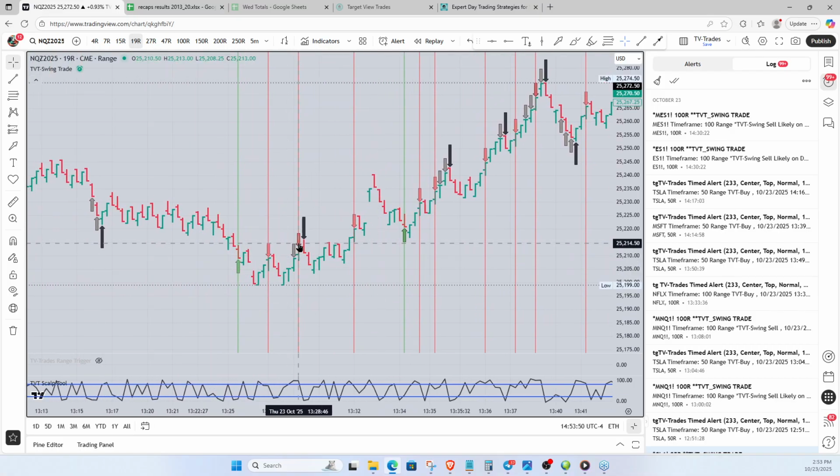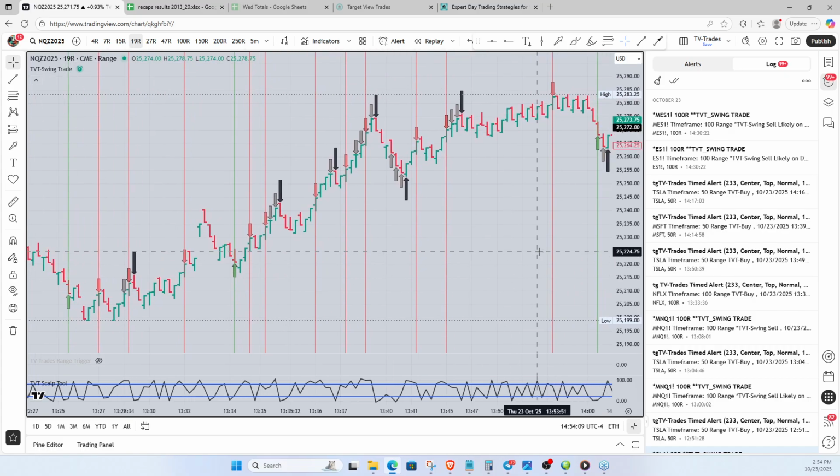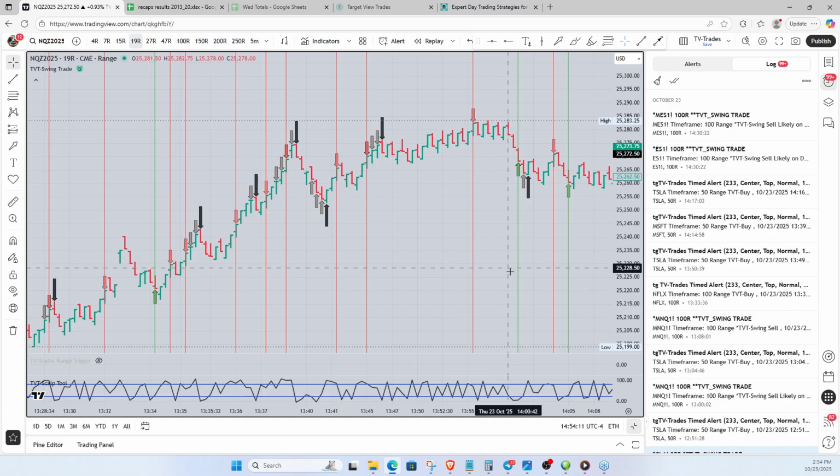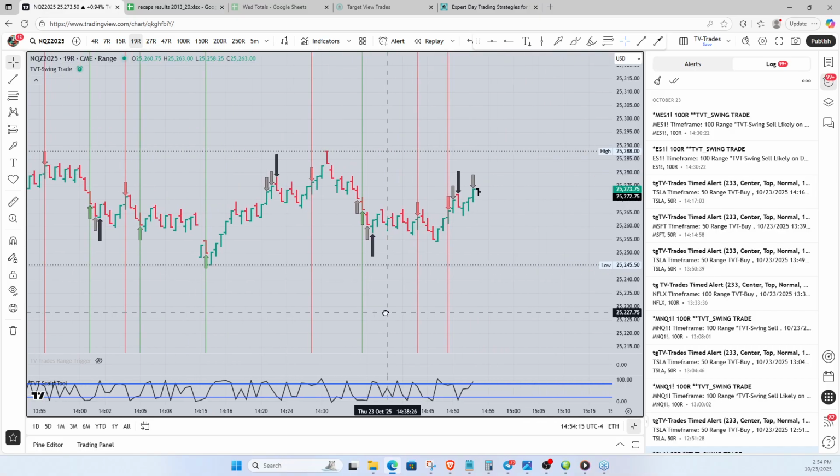Like this one right here, it overwrote the gray arrow. So you had a gray arrow, then you had a red arrow. The red arrow actually says to sell the open of the next bar. The black arrow says to sell the close of the next bar. So if you get a red arrow on top of a gray arrow, then that's a pretty significant opportunity, I would say, most of the time. Or if you get a green arrow on top of a gray arrow.